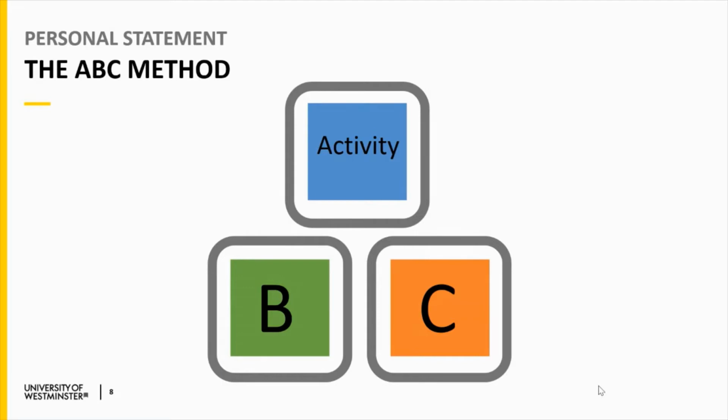So A stands for activity. So what is it that you've done? Okay, this could be parts of your Access course, work experience, maybe a book that you've read. B, what was the benefit of the activity? So what skills did you develop? Now this is where you're going to reflect on what the experience gave you. And then the important bit students forget to do, how does this activity and the skills you've gained show that you're suitable for the course? So remember, the personal statement is showing your suitability for the course. So that's always the main focus and what you want to be thinking about when you're writing.